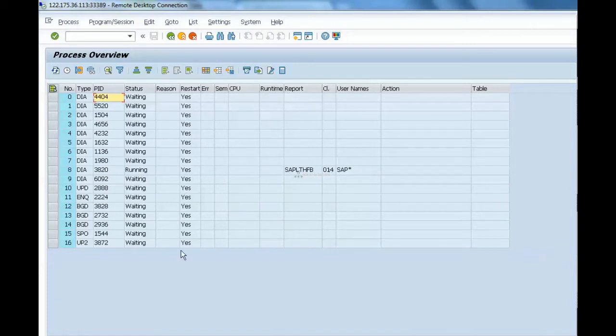This is the SM50 work process overview. How many dialog processes are there? Total 10. Background processes are 3, and spool 1, update 1, update 2.